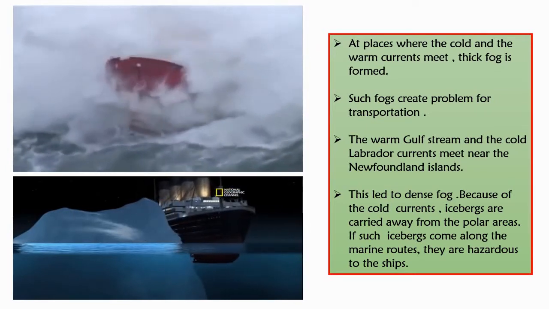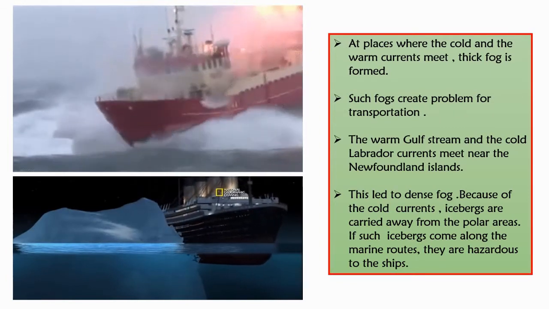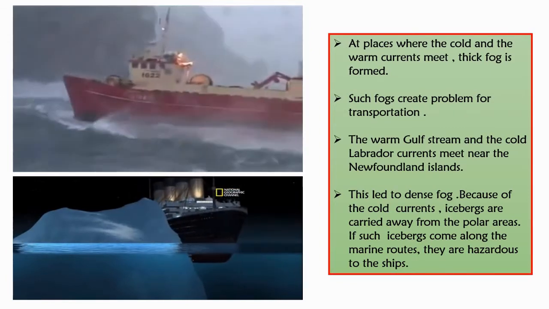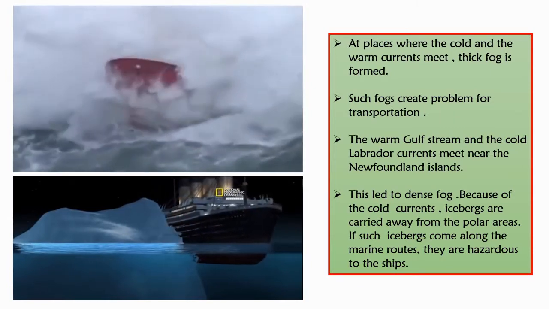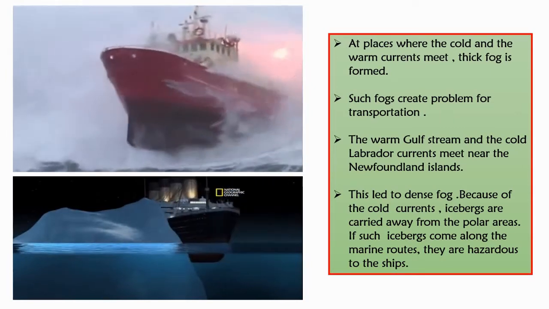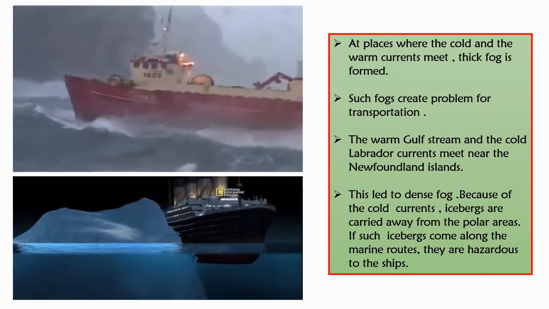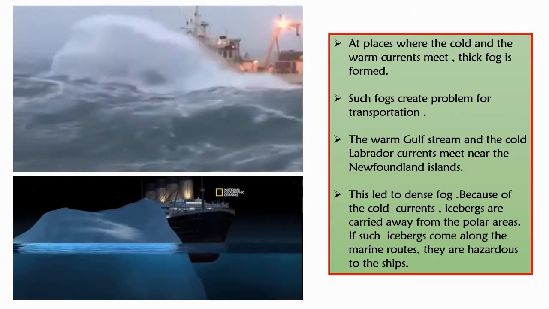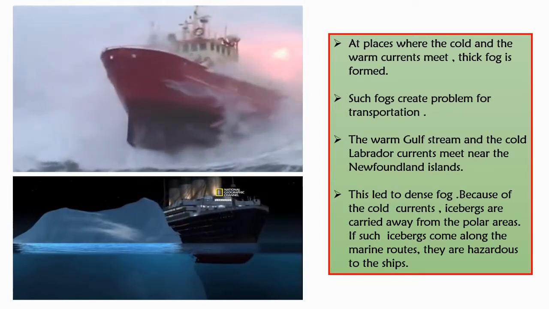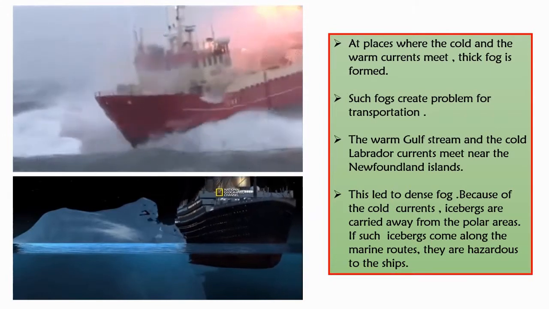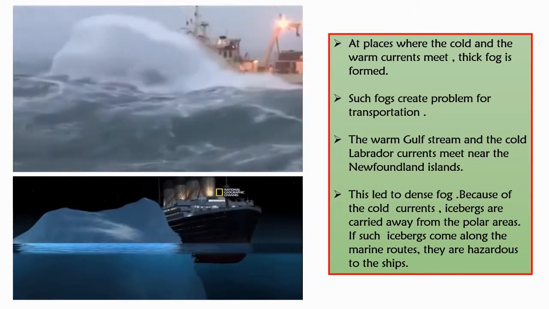There is a classic example you can see here, the Titanic, the British luxury passenger liner RMS, that is Royal Mail Ship. The immediate cause of the Titanic's demise was a collision with an iceberg that caused the ocean liner to sink on April 14, 1912, just 4 days after leaving Southampton, England, on its maiden voyage to New York.